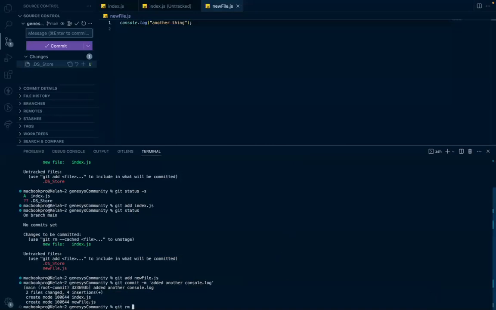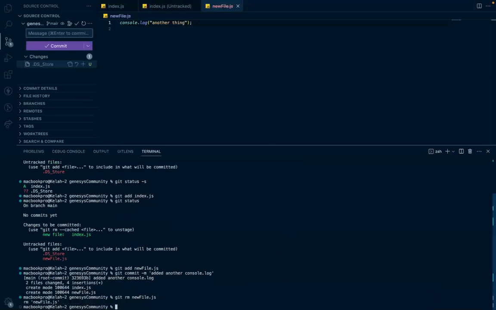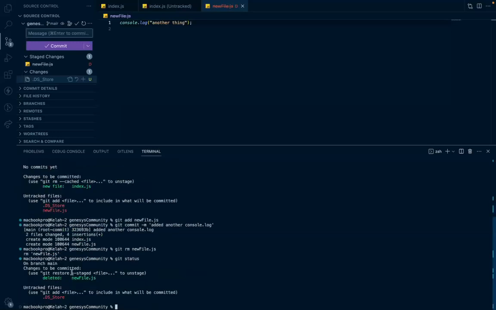So let's say, let me remove the first file from my staging area. What that means is that I'm going to do a git rm new file.js, and enter. Now see what happens. Why this is cool is that it automatically deletes the file. And when we do git status, see what's happening. It says that it has deleted that new file, right? So it does not just delete the file from your staging area, it also deletes the file from your